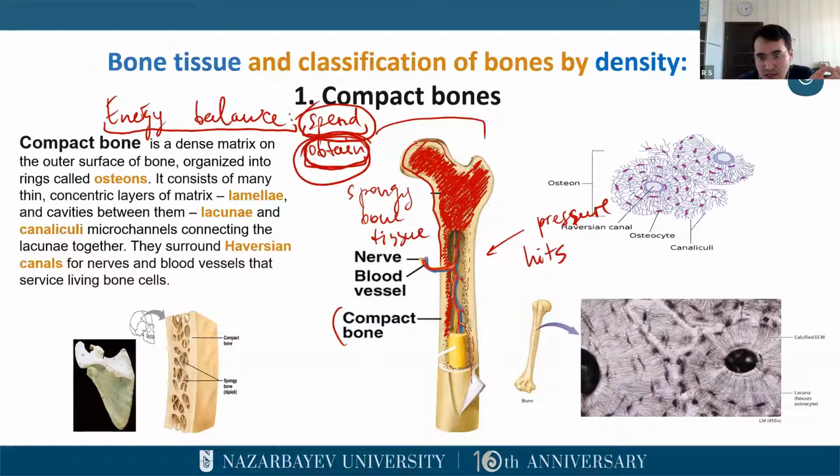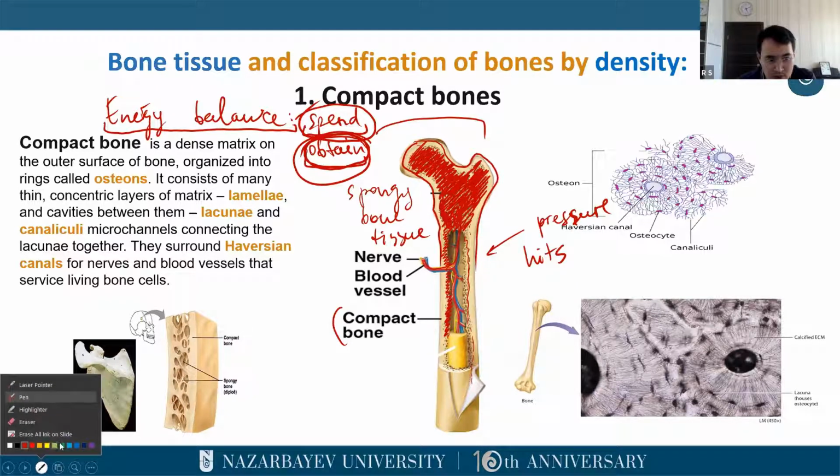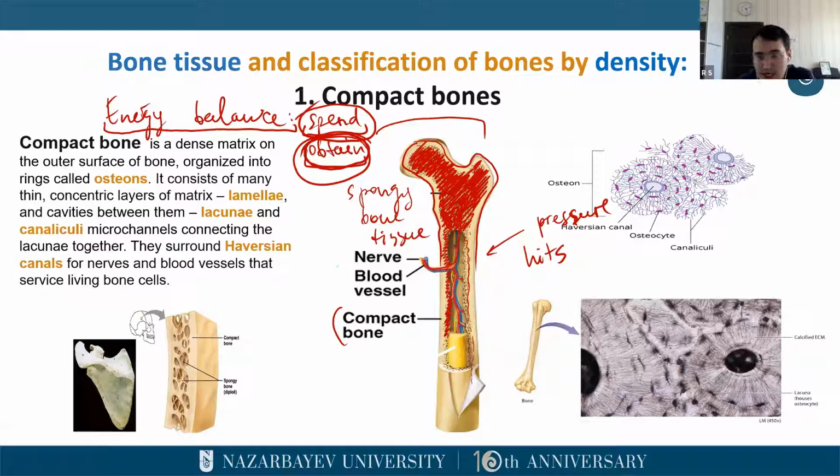That's why we need this compact tissue on the sides. Second good part about this evolution, that we obtain a lot of space. So inside our bones, we get a lot of free space